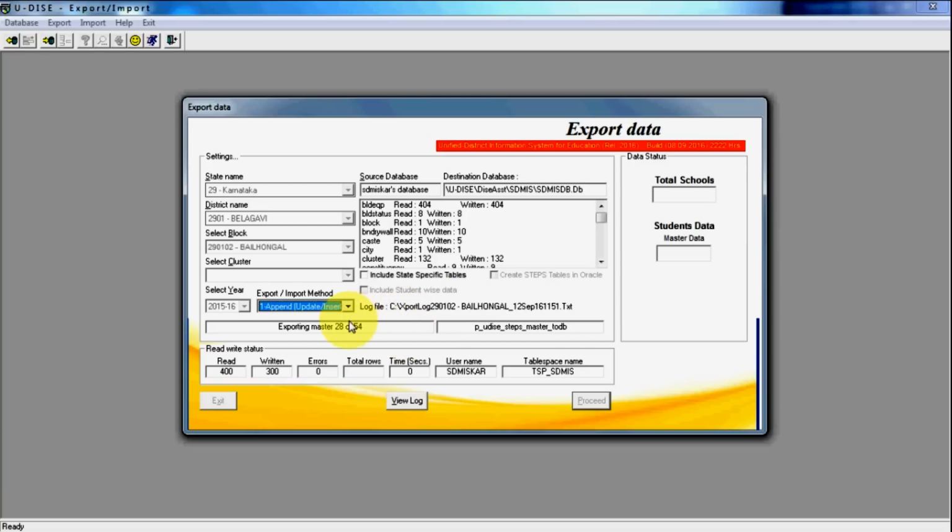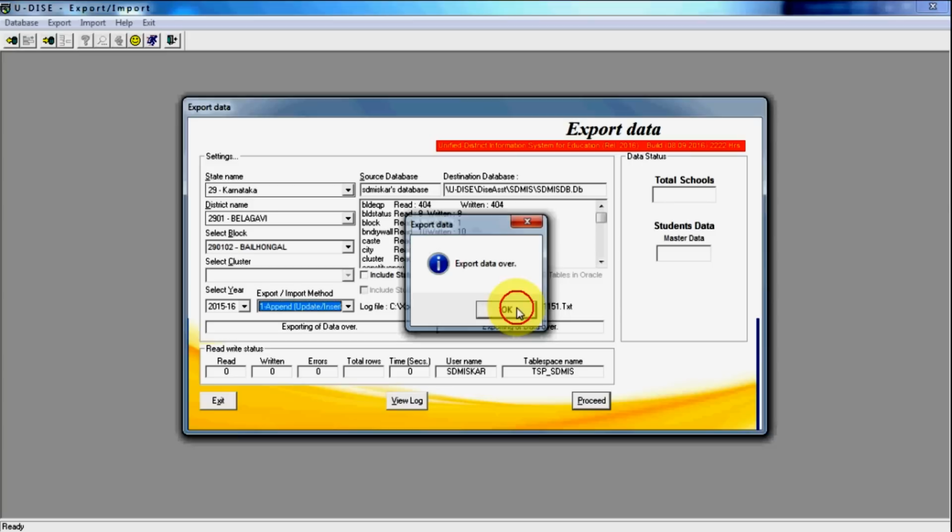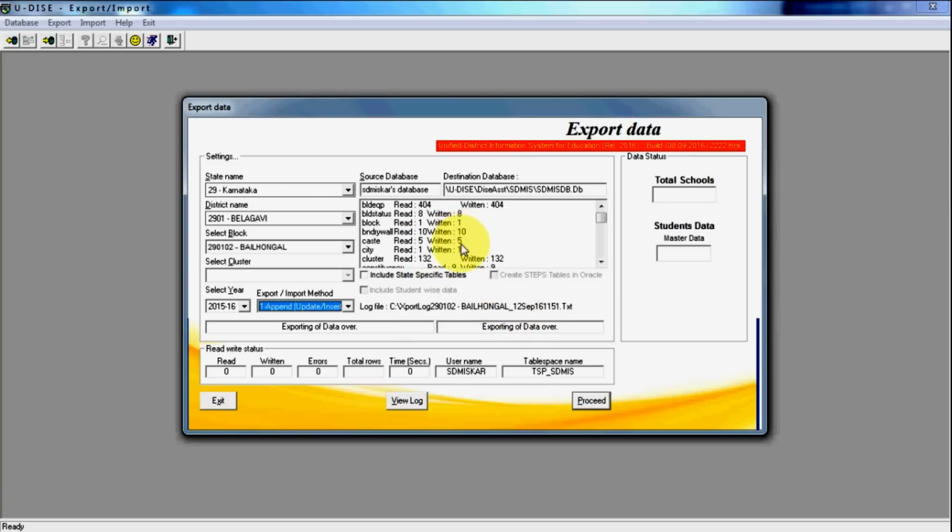Once the database transfer is over, we will see how the database looks in the independent utility, and which file you have to give to the schools, clusters or villages where you want to use the SDMIS utility. Presently it is transferring the infrastructure data, enrollment data, teachers data, every table.